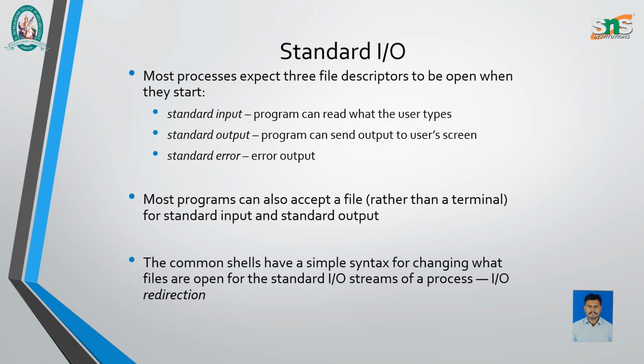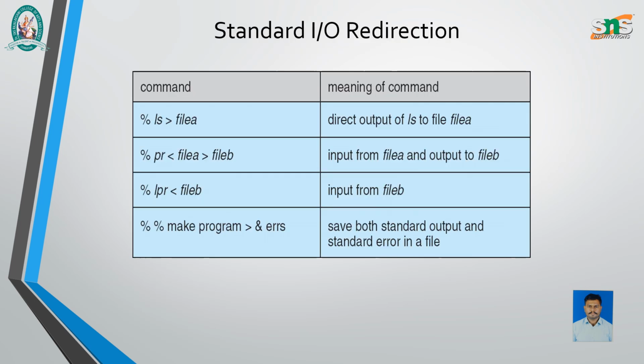And the common shells have a simple syntax for changing what files are open for the standard input and output streams of the programs. And input output redirections, and there are standard input output redirections, commands and the meaning of